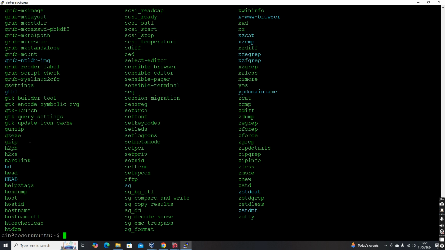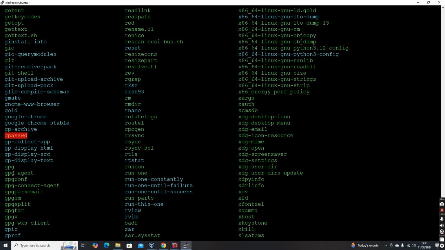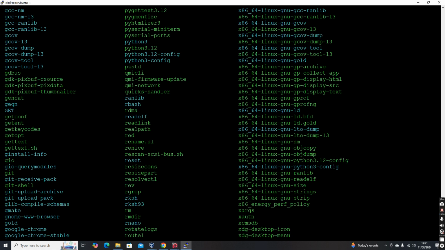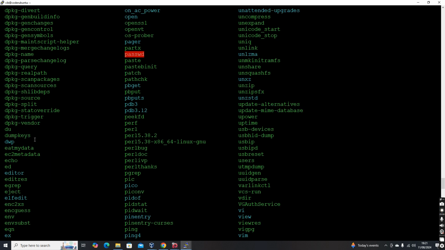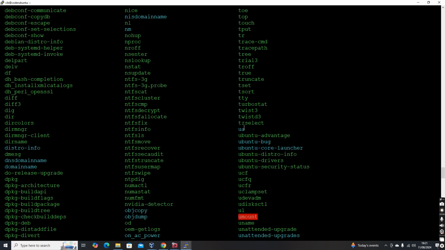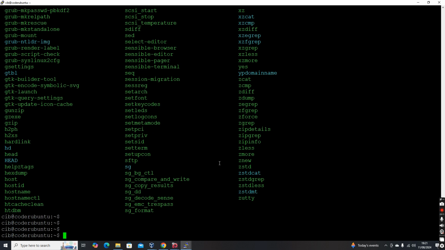If you see here, whatever commands we are using, under bin you can see gettext, getconf, and so on. All the commands that we are using have a program corresponding to them internally. The binaries for all those are present inside the bin or usr/bin directory. So bin is where binaries are present. Ideally it is not recommended to place things directly inside usr/bin. If you have anything custom, say you are bringing a software or binary and want to add it to the path, the recommended location is usr/local/bin.